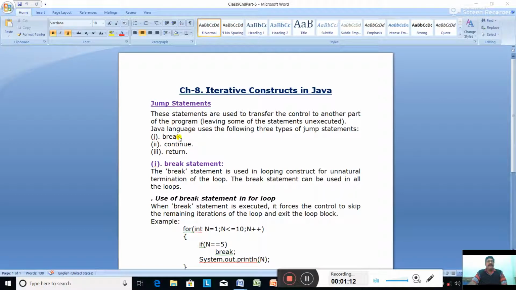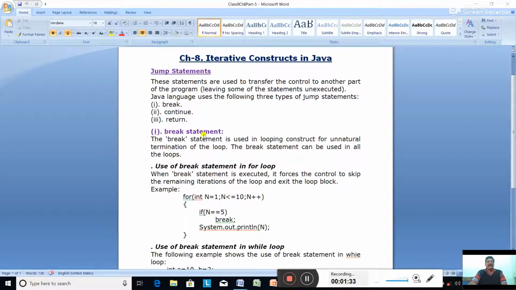The break statement you have already used in the switch case statement also, to terminate the switch case statement. So how many jump statements are used in Java? Three: break, continue, and return. What they do? These statements are used to transfer the control to another part of the program.